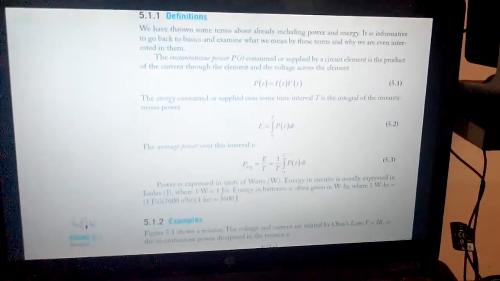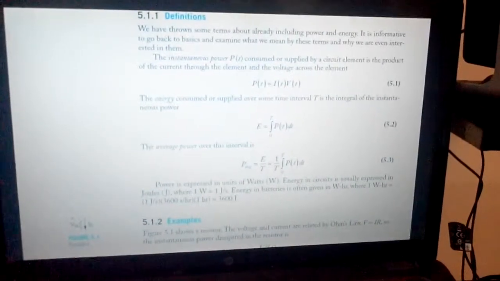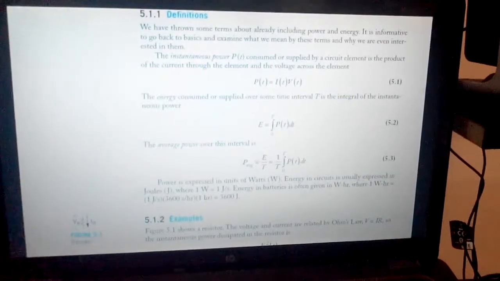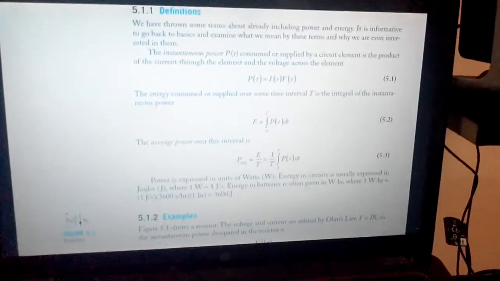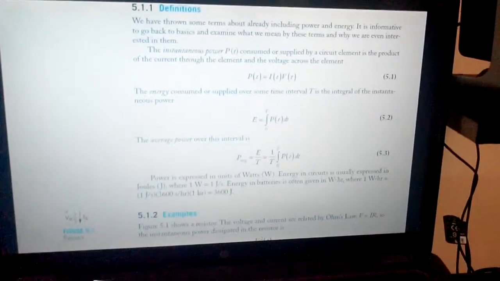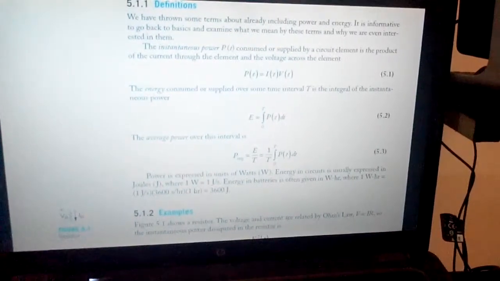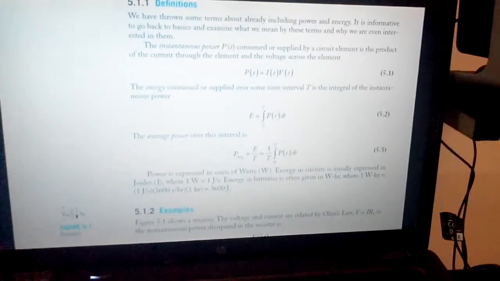For the definition of terms, the instantaneous power, which is consumed or supplied by a circuit element, is the product of the current through the element and the voltage across the element. The energy consumed or supplied over some time interval T is the integral of the instantaneous power. The average power over this interval is,